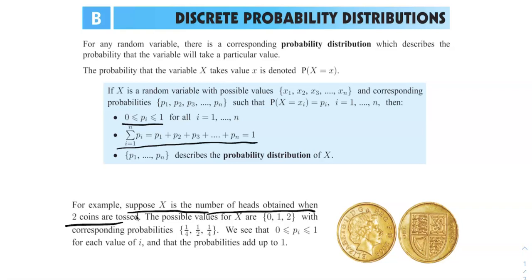What happens when you toss 2 coins? You can get heads, you can get tails. So if we toss two coins, one option is you get heads and tails, or tails and heads, or you can get heads and heads, or tails and tails. All we're talking about is that x is the number of heads you obtain. That's all x is, the number of heads you obtain.